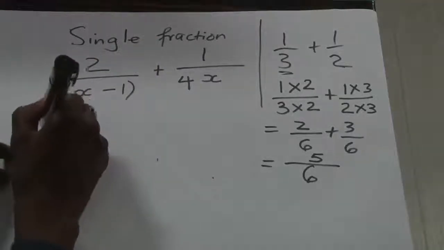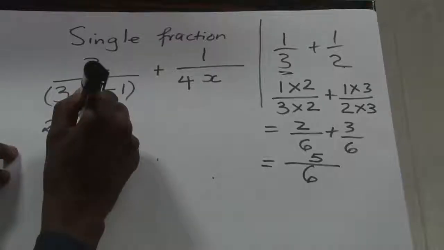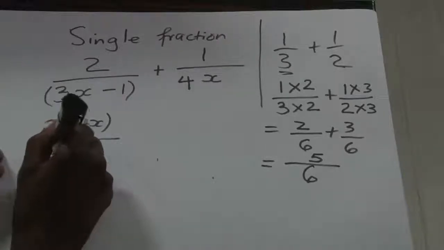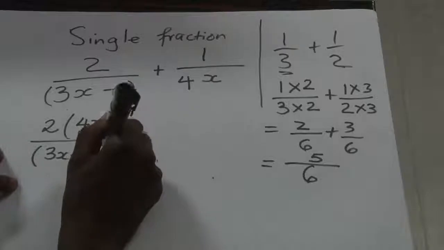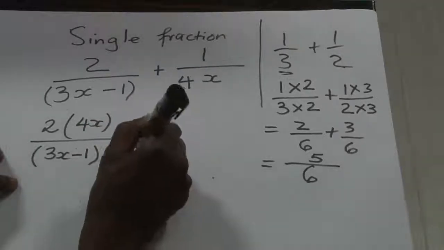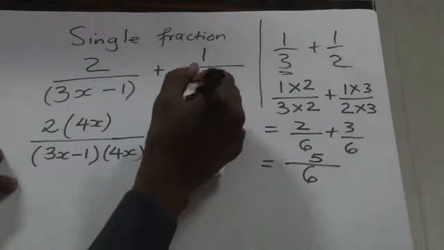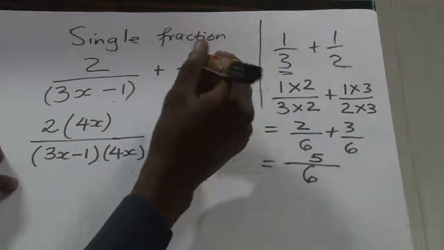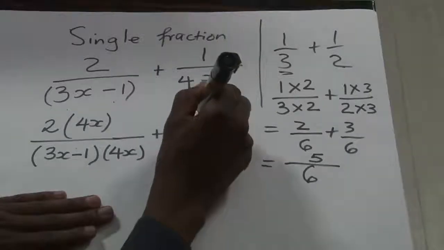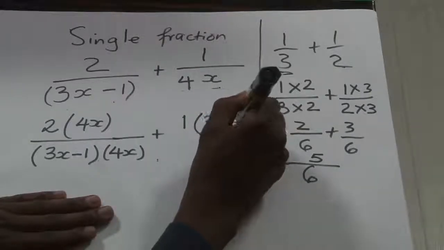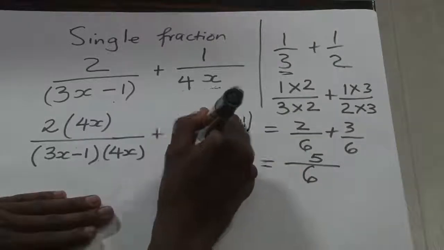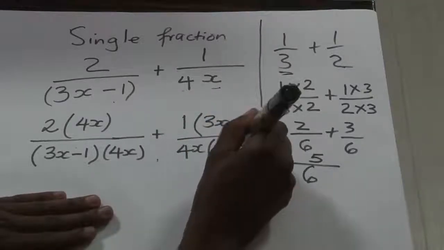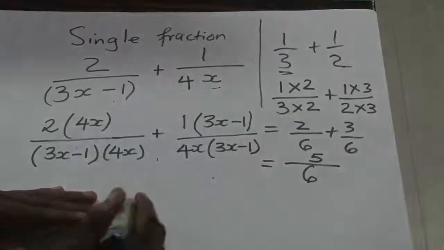It's exactly this method that you should apply here. So in other words, now we'll have 2 multiplied with 4x over 3x minus 1 multiplied by 4x, and then plus, we use this denominator to multiply with the numerator and denominator of the other fraction. So we say 1 multiplied by 3x minus 1 over, we found the 4x here, so what we are introducing is just the other denominator. Okay,